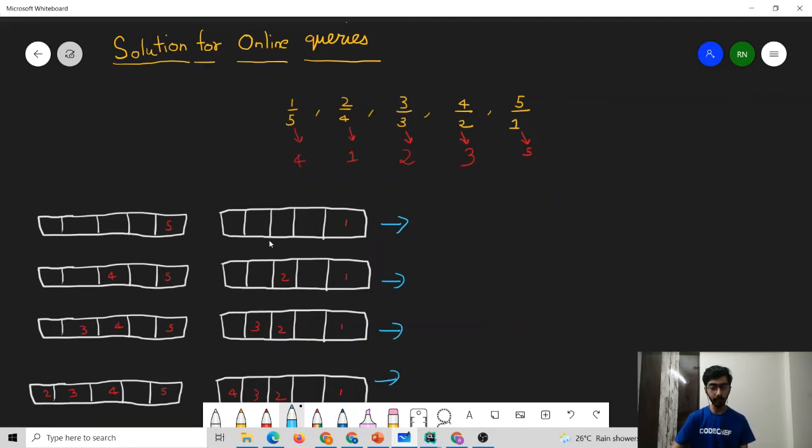And in each of these segment trees, since we have sorted this particular array based on the a by b values, we can start iterating from the backside. We are iterating from the backside because for one particular value of d by c, we have to consider all the cases where the value of a by b was greater than this particular d by c. Then we can start iterating from the backside of the array.